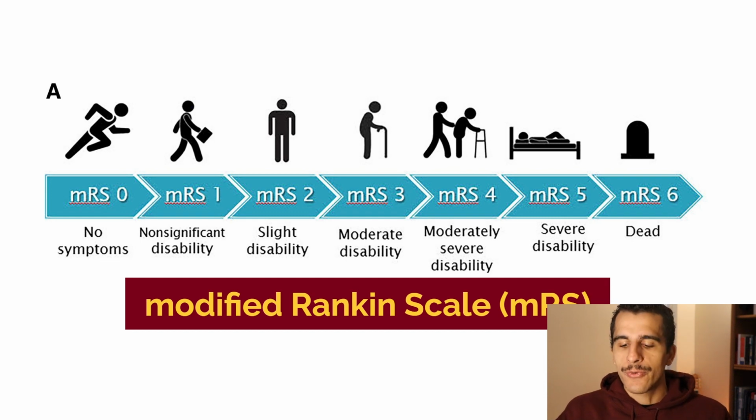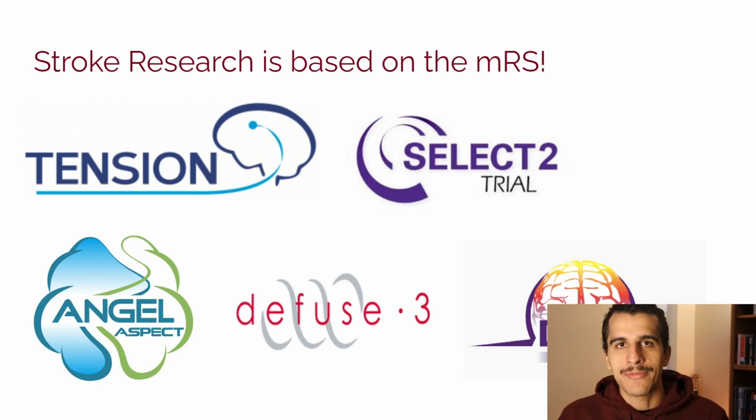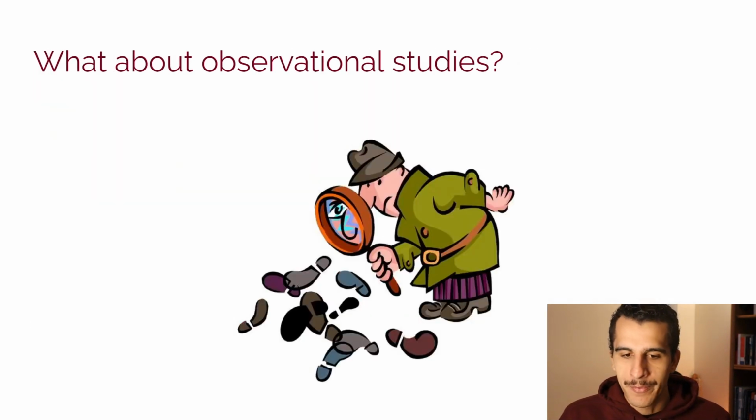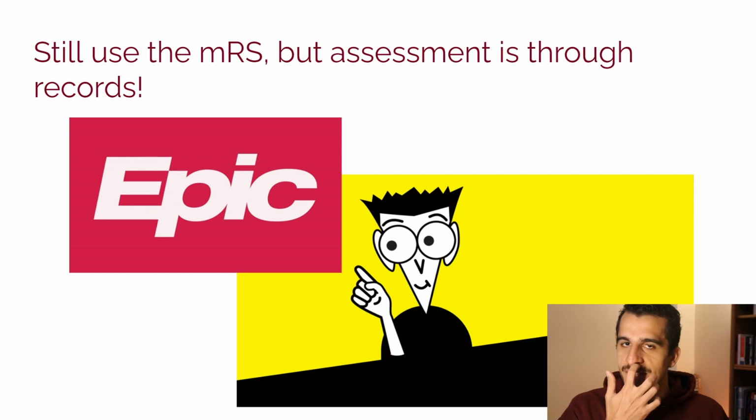It's mainly used for stroke, and all the large trials in stroke use the modified ranking scale as their gold standard to compare treatments. These were all trials recently published in the last 10 years. All of them use the modified ranking scale as their primary outcome. And what about observational studies? Observational studies, the same way, they still use the MRS, but the MRS is assessed through medical records, right? Because in clinical trials, of course, you're there, assessing the patient yourself, but in observational studies, you're doing it through